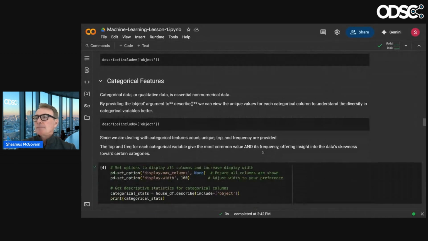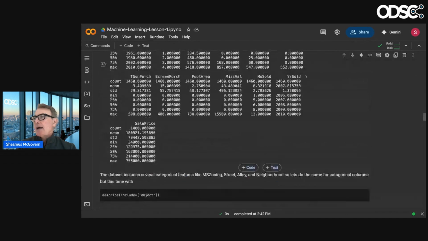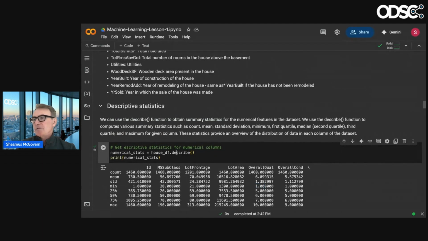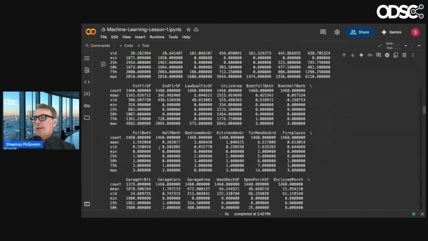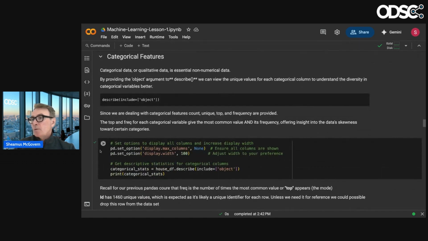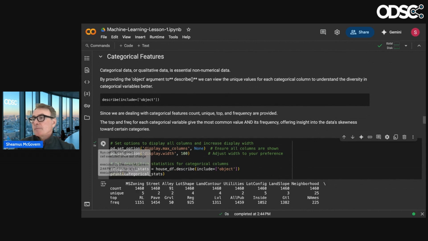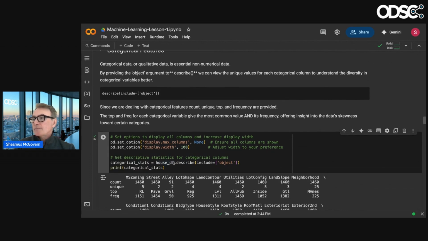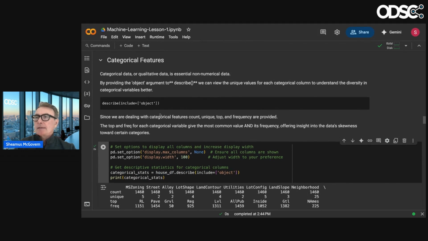And then of course, we need to move on to, and sorry, I'm skipping through some of this code here. So you just use the describe method like before to get numerical statistics. And of course, we have non-numerical data for this real estate data set. Most of it's categorical features, though it doesn't necessarily have to be. So what we're going to do here is only describe columns of type object. See here, the include equals object. So that excludes the numerical columns for this data frame. Remember, we talked about how to create data frames.